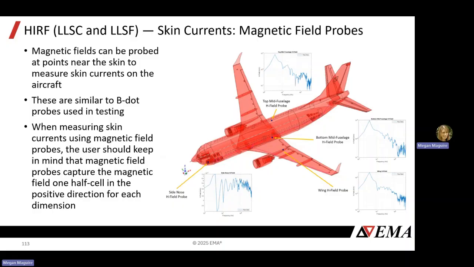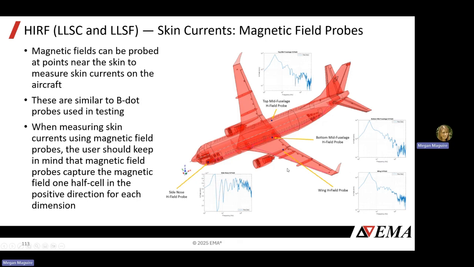You can probe magnetic field at points near the skin to look at skin currents. These would be similar to a B-dot probe, so this would just be a point field probe. You want to make sure that you keep in mind, once again, I try to constantly mention this, what your lattice looks like. So where are E fields on your FDTD cell, and where are the magnetic fields? And so when you put a point probe, let's say you're looking at the top skin, the upper skin for the wing,